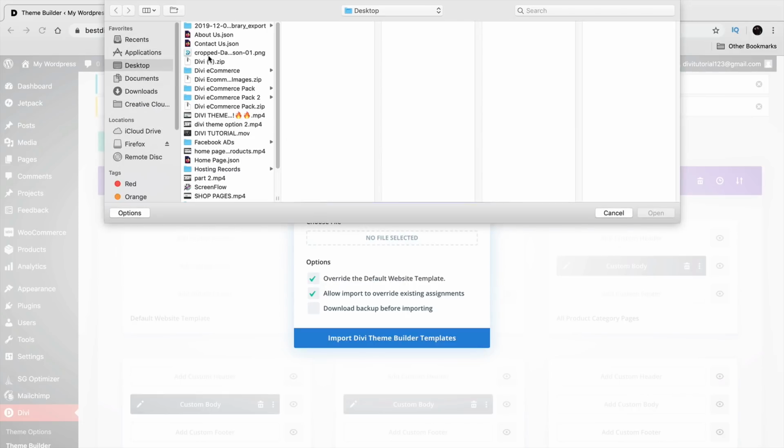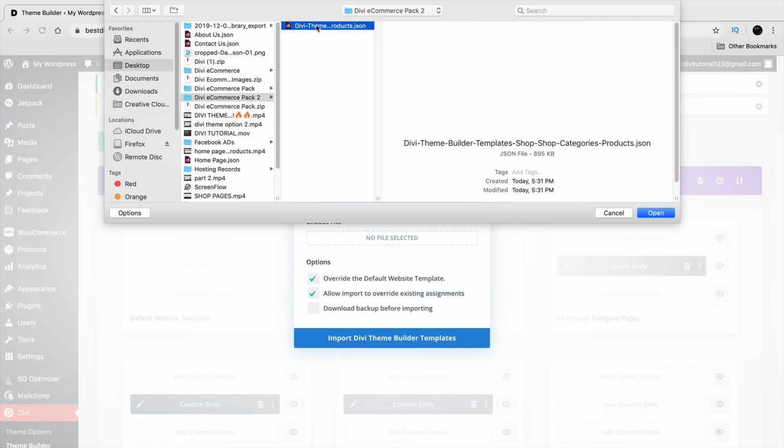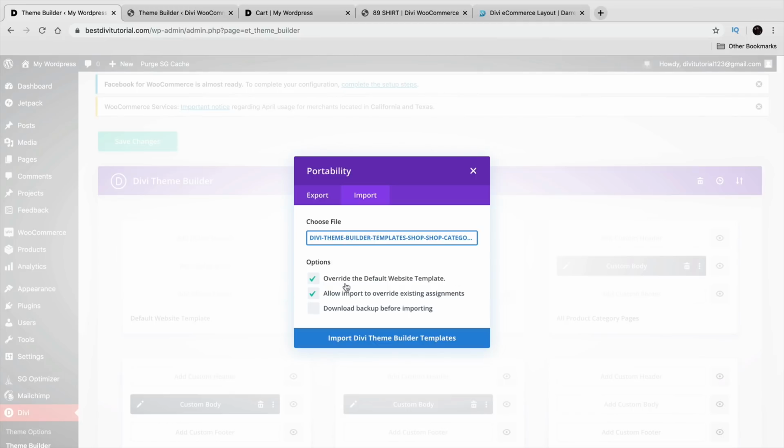And then I want you to find that folder I gave you guys. So the folder I gave you guys was the Divi eCommerce pack. Was it this one right here? Yeah. So this is the theme builder shop category products JSON. It's basically everything. Now I'm going to open this, but really quickly, this right here is going to override everything